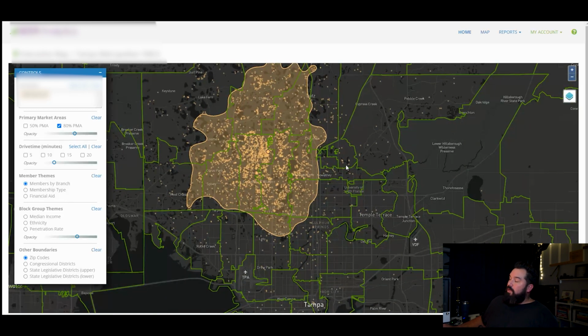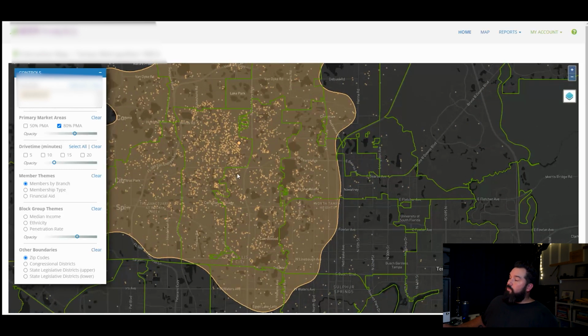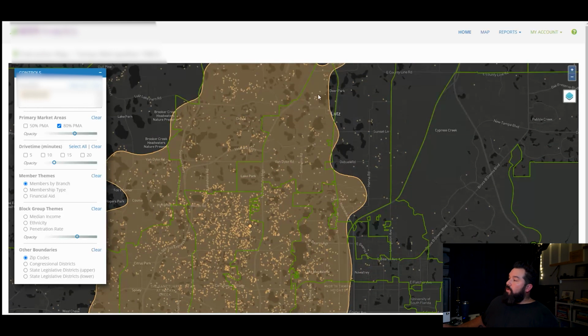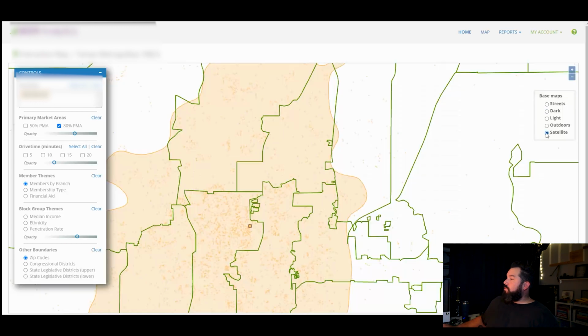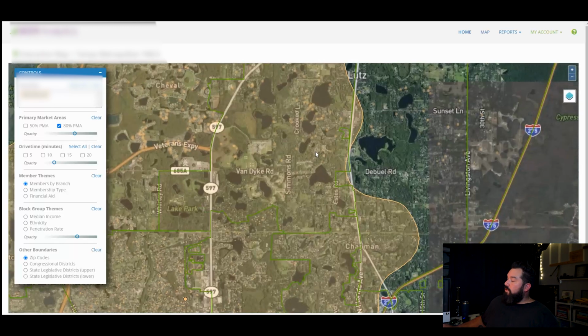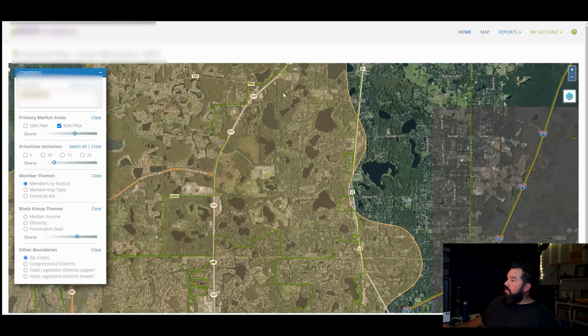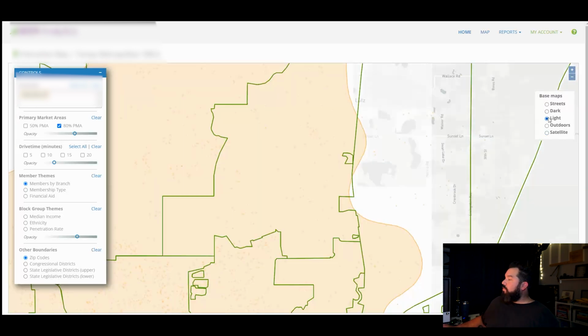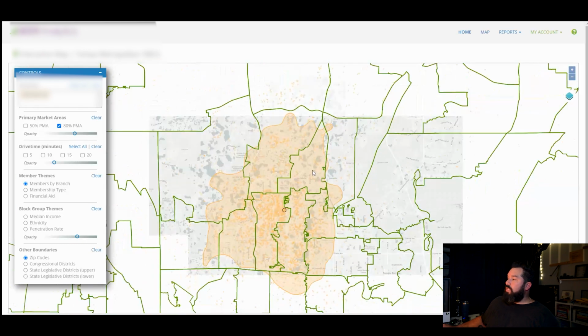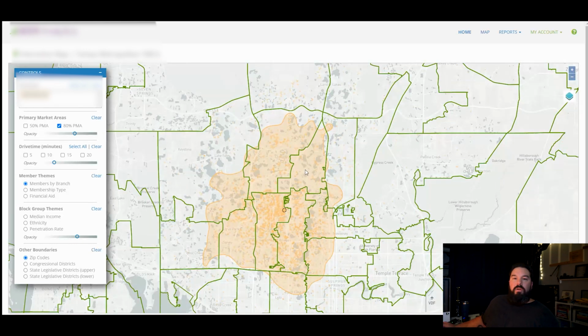It's much easier. If you did have something interesting where you did want to maybe explore a certain area and start to understand, oh man, maybe why don't I have any members in this area right in here, you can come in, switch it to satellite, and if we look in here, well, it looks like a lot of these are probably wetland areas and ponds, and there doesn't look to be a whole lot of houses in there. So just very quickly you can toggle between street view and satellite view and a dark mode and a gray mode, and it really just helps you explore